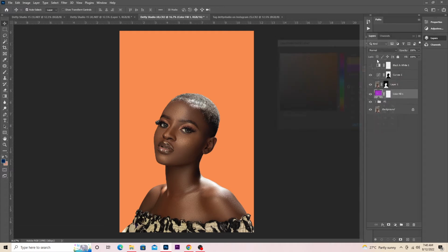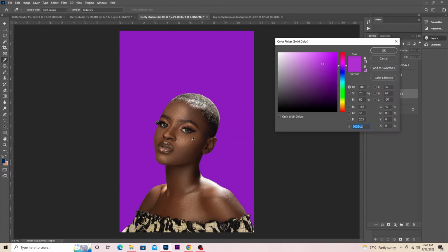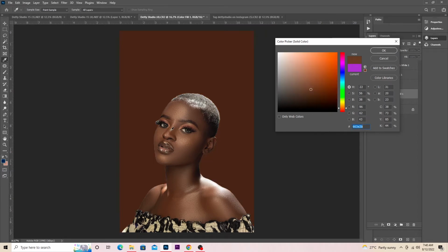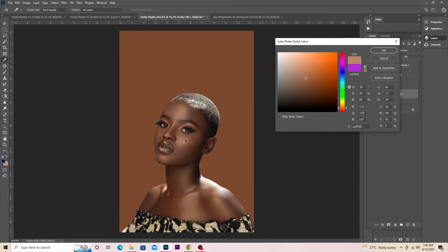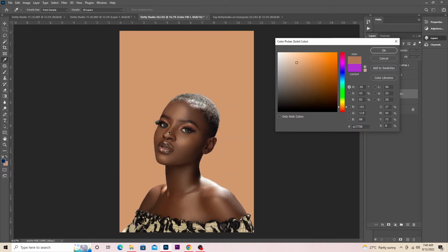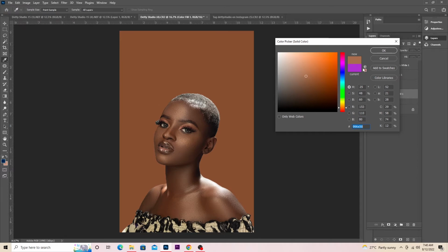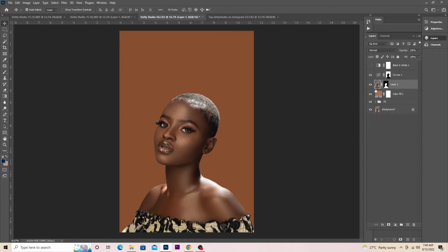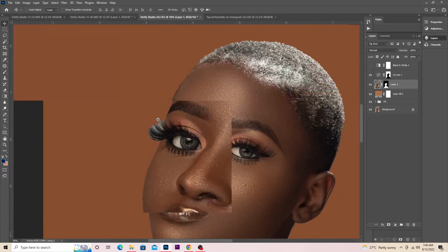So you can maintain a color like this. Okay, this one too. You can maintain a color that wouldn't overshadow her. I hope you get me right. Okay, so let's maintain this one for the meantime. Then now let's work on the